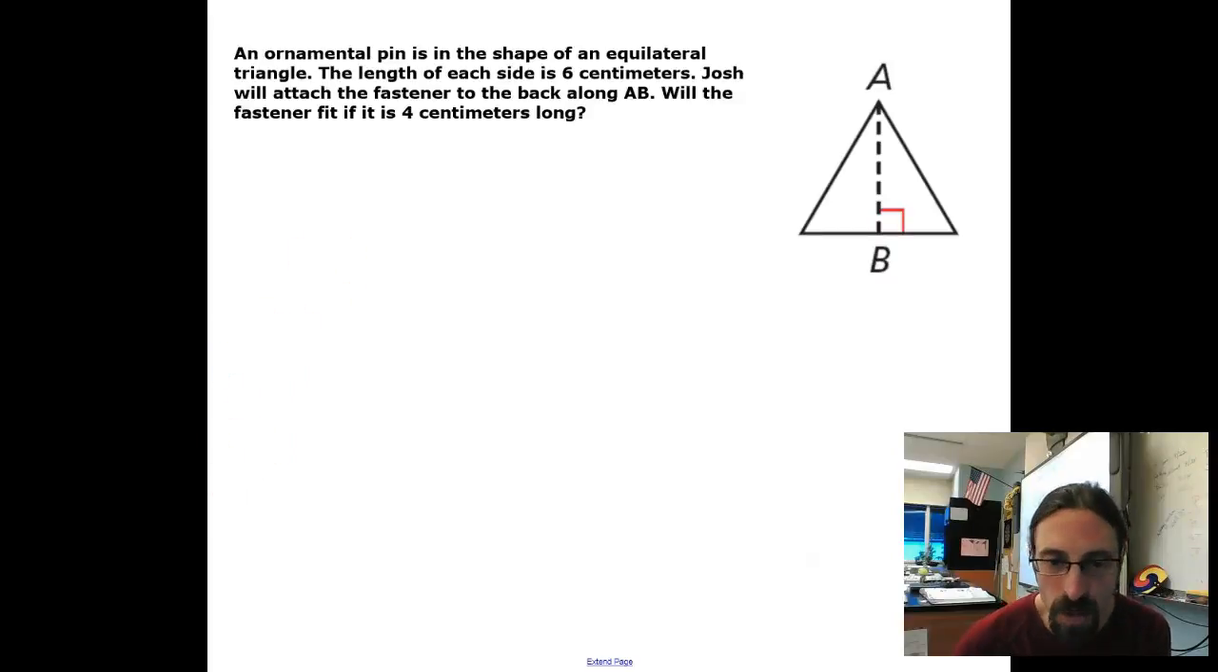Okay, here we go. So the last problem, and I've got just a few minutes to wrap it up. It says an ornamental pin is in the shape